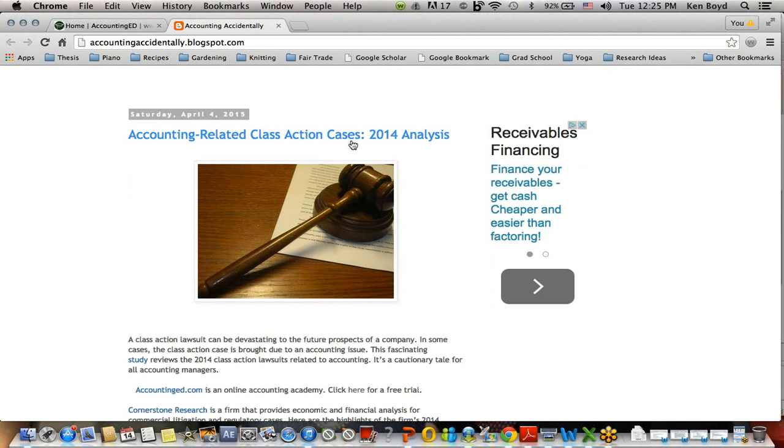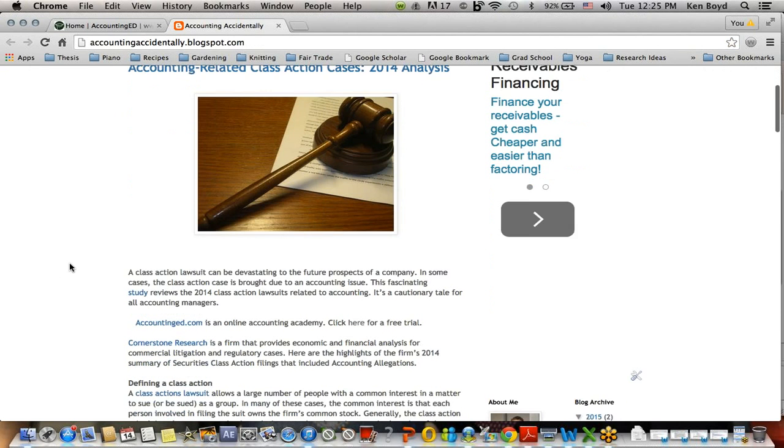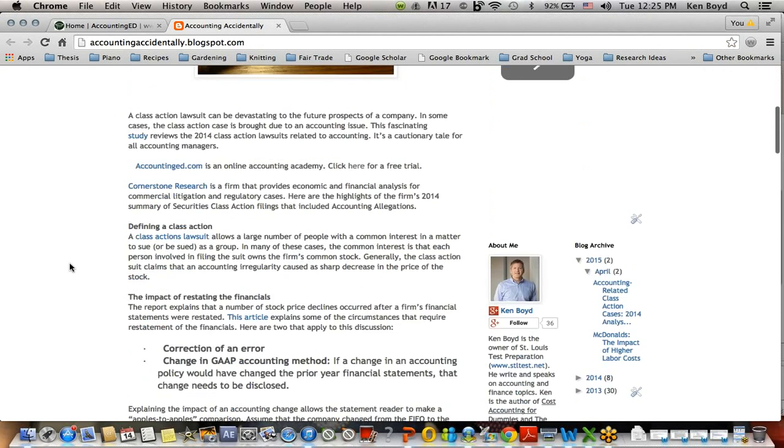So if it's year one and year two, for example, and in year two we change to LIFO, we need to restate year one so that year one and year two are shown using LIFO, and we also need to show the financial statement reader the financial impact, the impact to net income of that change.